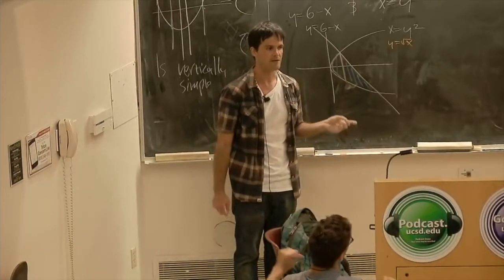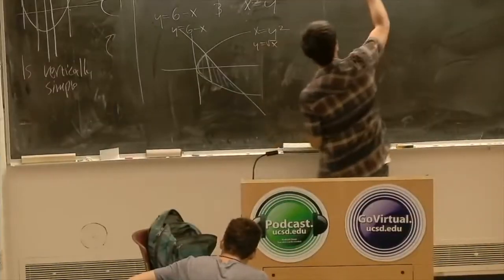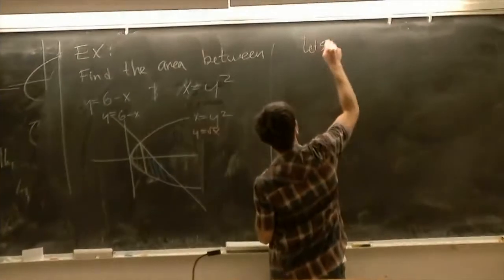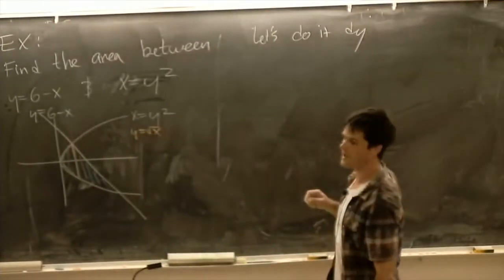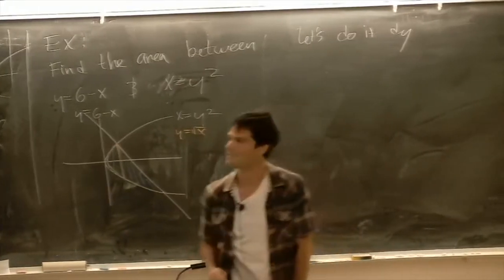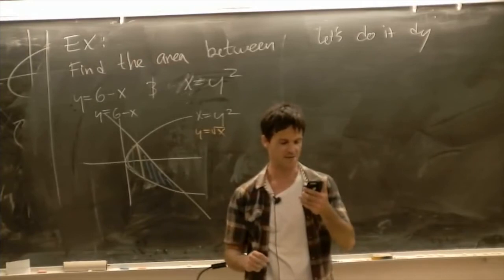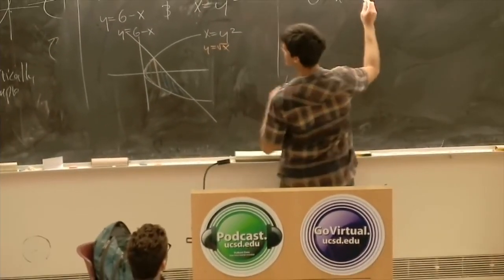How do we do that then? What's the next step? So say we've already decided to do it in dy. I'm about to run out of time, and the podcast is going to cut off in 1 minute. Okay, let's finish this real fast. If 6 minus x is equal to